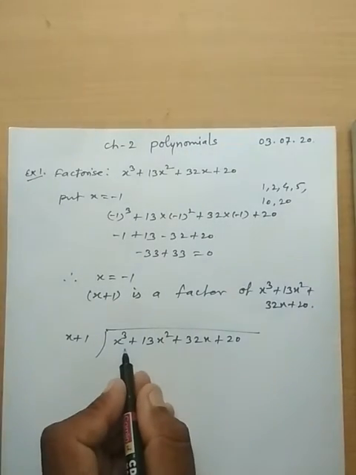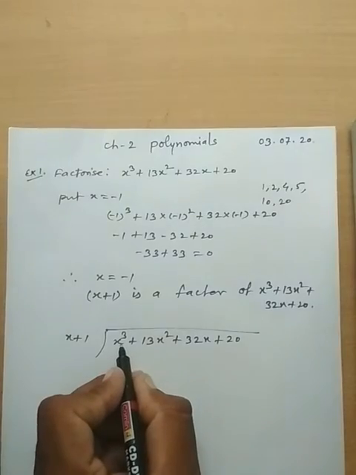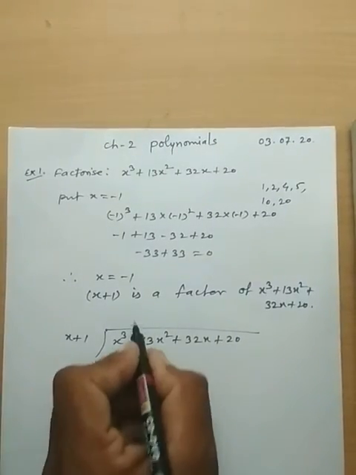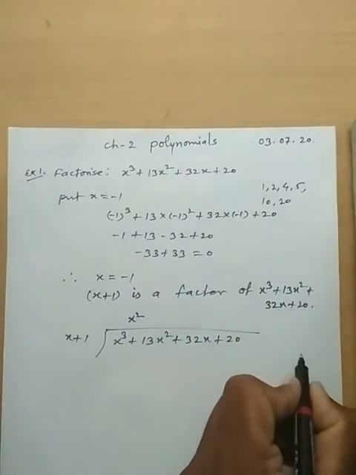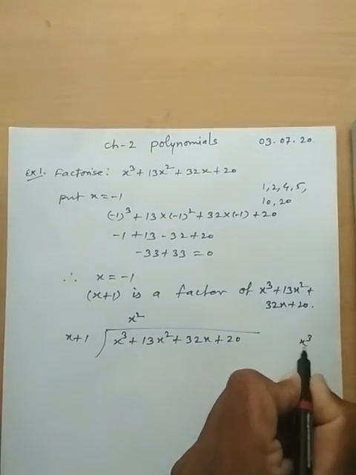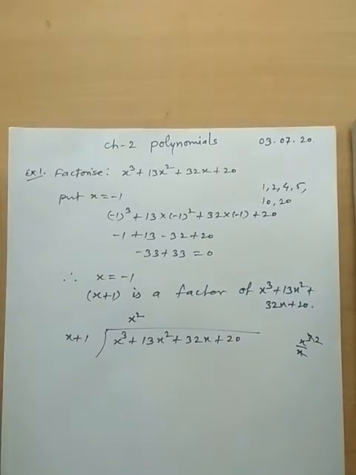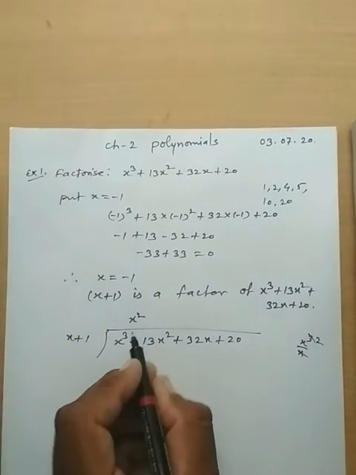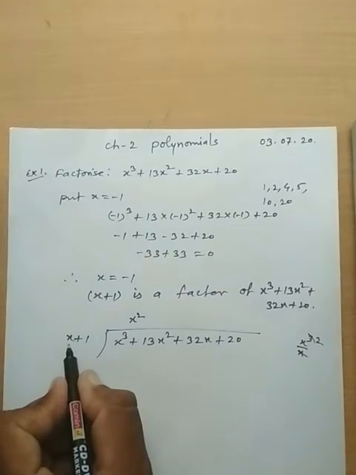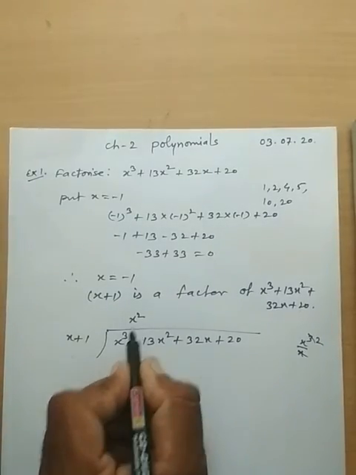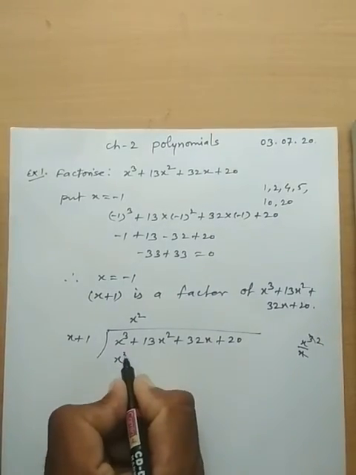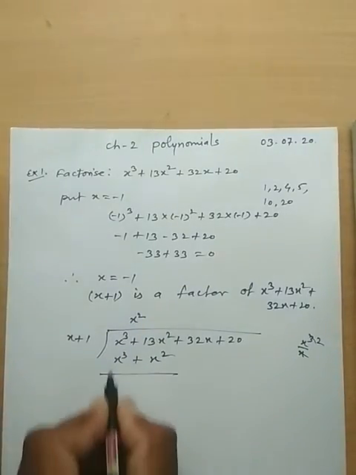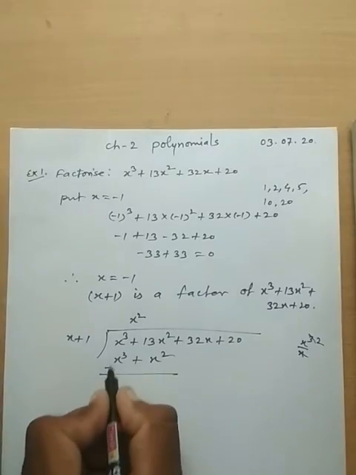Our first term is x cube, and in the divisor the first term is x, so it is divided by x square times. x cube upon x leaves x square. So x square multiplied by x plus 1: first x square multiplied by x is x cube, x square multiplied by 1 is x square. Subtract it, so change the signs, plus to minus,